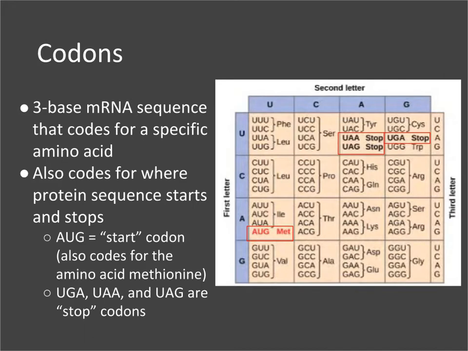Now, in addition to this chart coding for the different amino acids that are going to be in a protein, we also have what we call start and stop codons. The start codon is AUG, and it codes for an amino acid known as methionine. So all proteins start with the amino acid methionine. And the reason why we have to have this start codon is because remember that during our post-transcriptional processing,